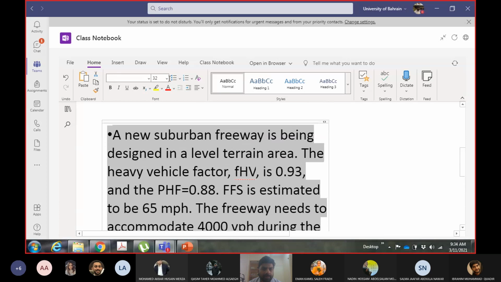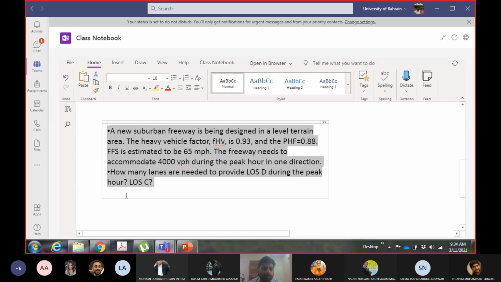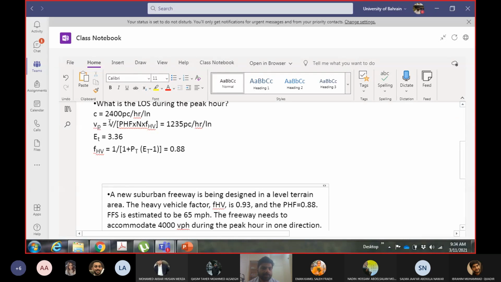Okay, so they are saying we will do trial and error instead of finding out the maximum service flow rate, because it makes sense, because you don't have all the curves, right? Maximum service flow rate can be found from the curves. Since you don't have all the curves, and if your free flow speed was, let's say, 61 or 62, then obviously you have to plot your own curve. So why should we go through all that trouble? Why don't we do trial and error? Okay, so this is what they are saying. So we have the equation for VP, this equation.